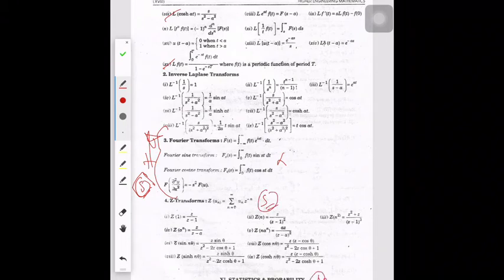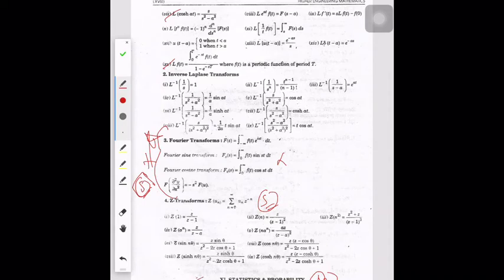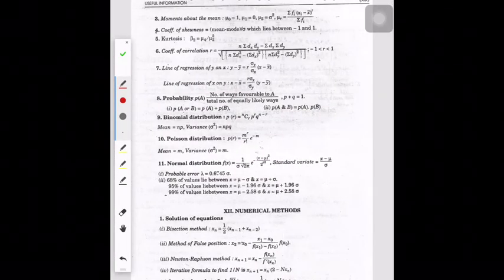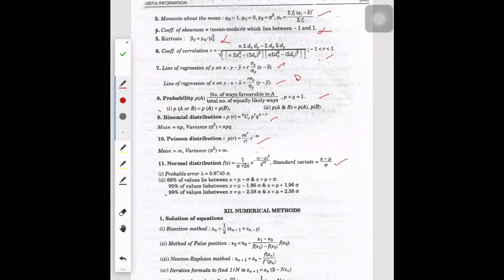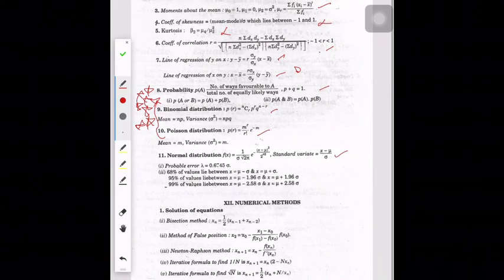Statistics and probability, yes, important for aptitude also. Standard deviation, mean, median, and all this are in aptitude also, and important in GATE also. Regression lines, very important. Skewness, no need. About mean, yes. Probability, yes. Binomial, yes. Poisson, yes. Normal distribution, yes. Binomial and Poisson are very important. If any difficult question comes in GATE, it will come under the binomial or Poisson theorem.